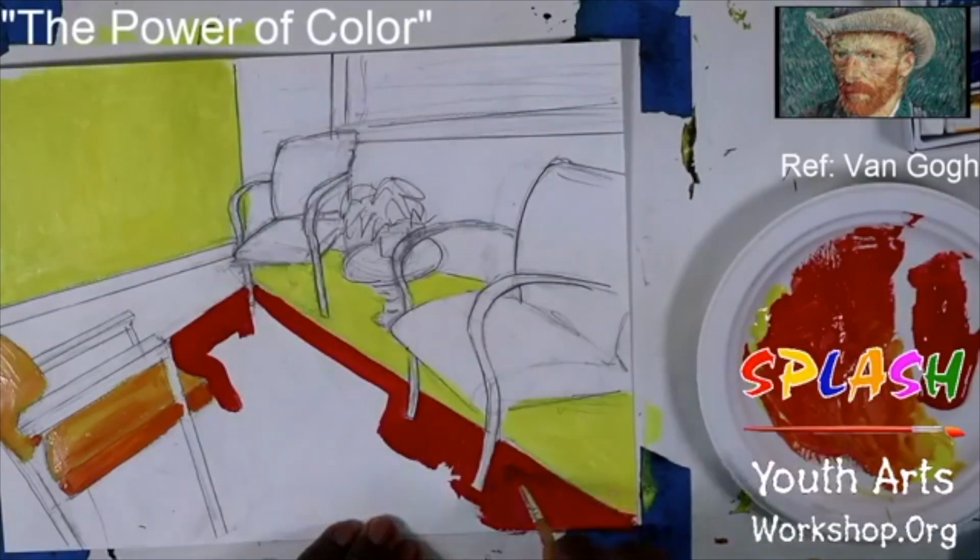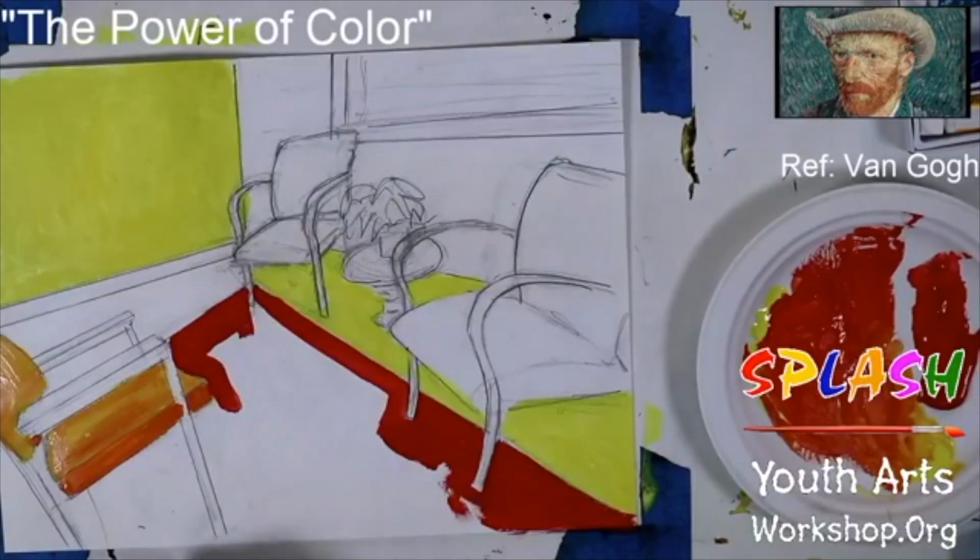But a lot of times you don't know why you're doing it. I don't know why I'm doing red. The only reason why I'm doing this red is because that's what I feel. And that's good. Most kids, that's how you work. Don't ever lose that. A lot of times when you go to art school,